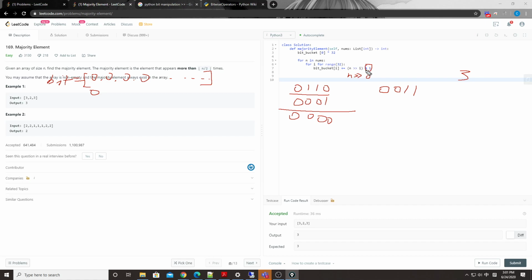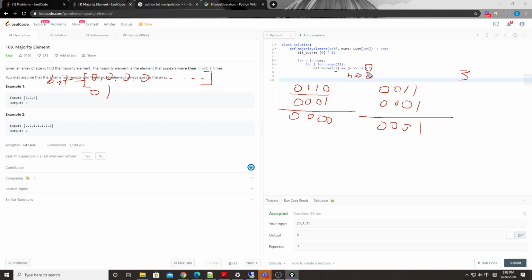Because once we shift to the right by 1, and we're getting this one, and then we do an AND with 1, what will that give us? Basically 1, right? So as long as we have 1 in the rightmost position, we'll always get 1 here. And we have i here. That's how we set this 1 here. And same thing here